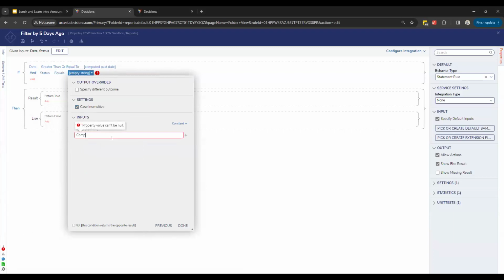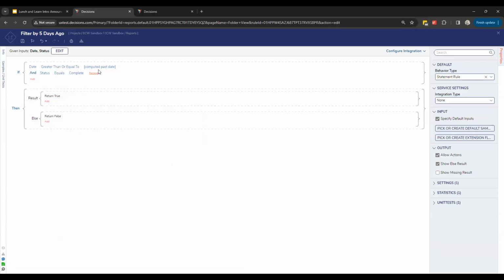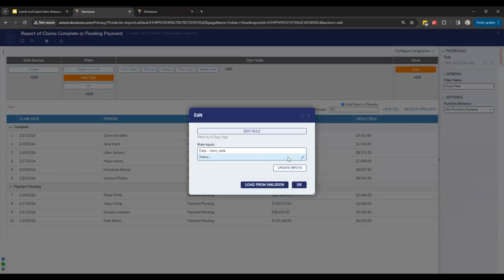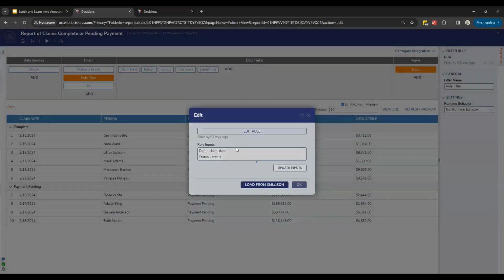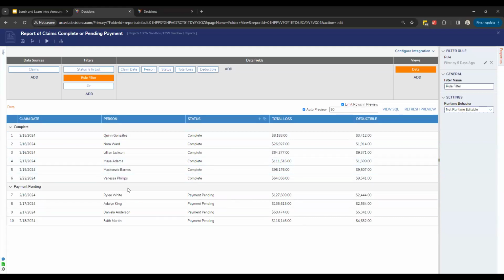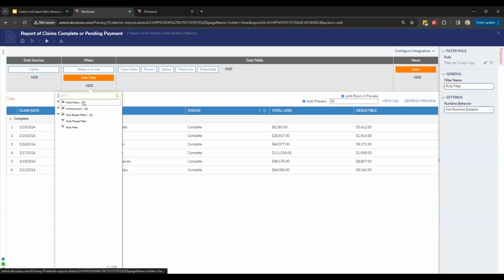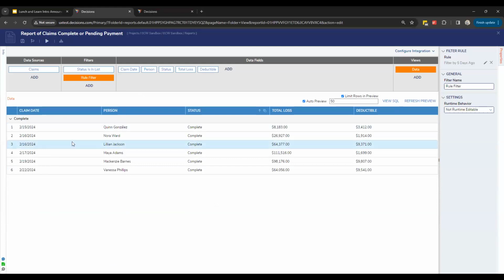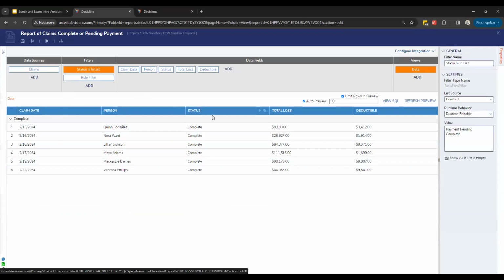So now all this rule is saying, it's still the same place, the same filter, but it's saying only filter out things that are older than 5 days ago and complete, right? I think that's what your question was driving towards. So I do that. I have to go update the mapping here just to make sure that I fix status. And then if I had good data in my actual database, you'd be able to see this work out as well. But that would be the idea. This whole combining of filters, using ORs, adding it did filter some stuff out. Oh, it only filtered out complete because it said it has to be complete. Got it.